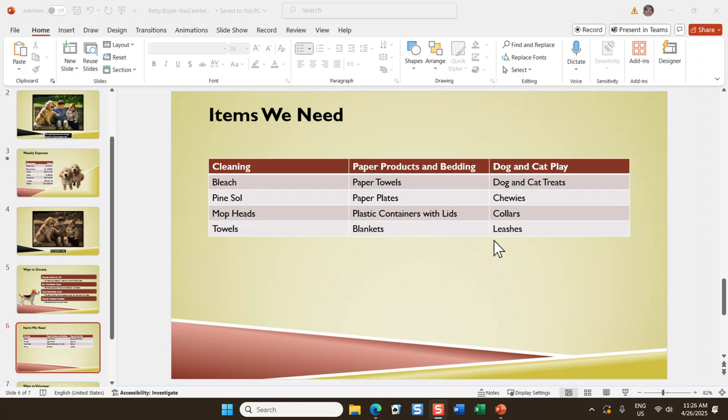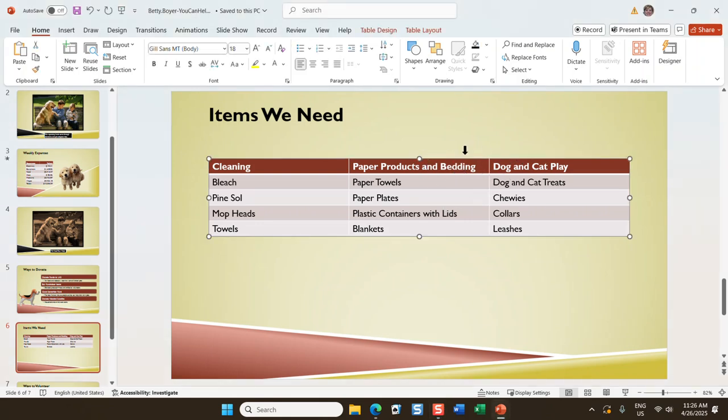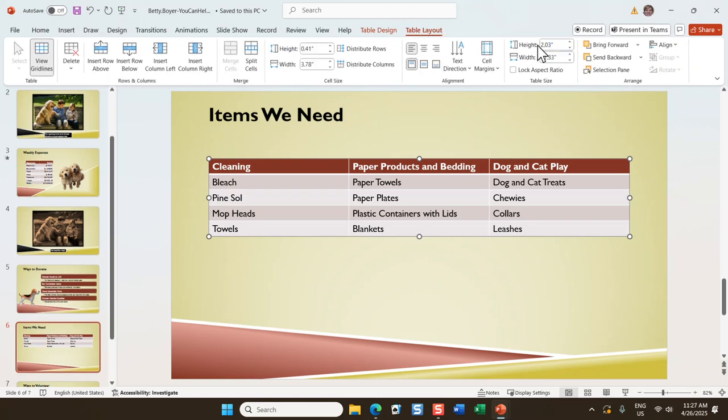Okay, so now it says we're going to center the table on the slide using Align Center and Align Middle. That's going to put it centered horizontally and vertically. So we're going to make sure we select our table. It's all selected. We go up here into, I believe it's Table Layout. And then, what am I doing here? I'm doing,